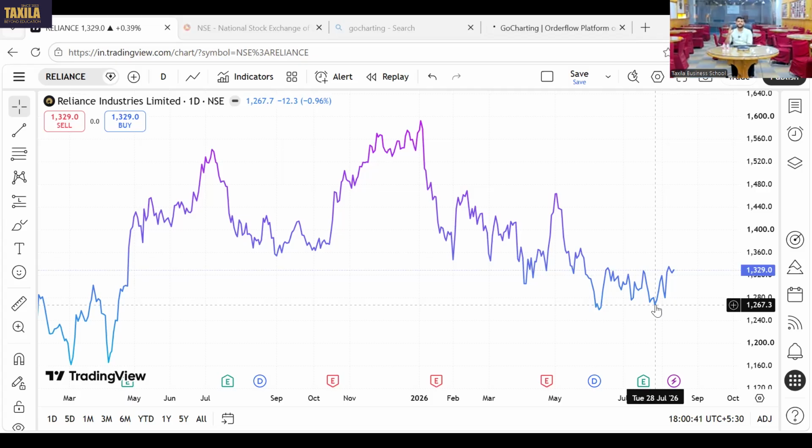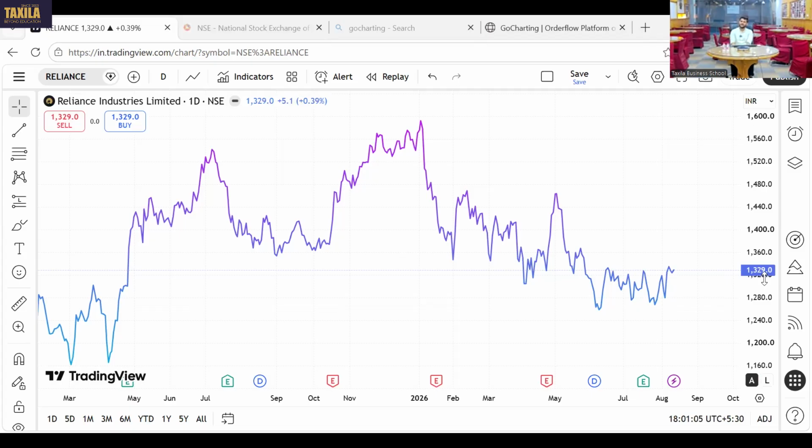the present market situation. So on 28th July, Reliance again came to this level of 1250. Whenever Reliance came to 1250, my mind triggers: sir, buy this stock, this will again move to 1350. And it finally went up on 28th July. And today's price is, how much is the price today?